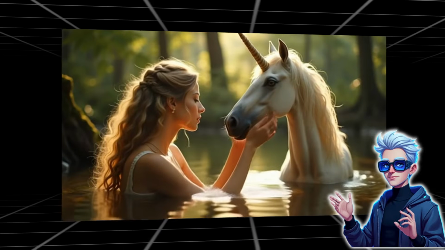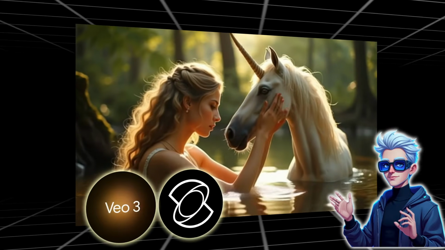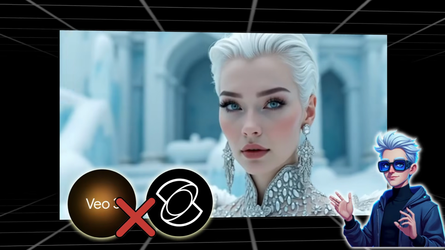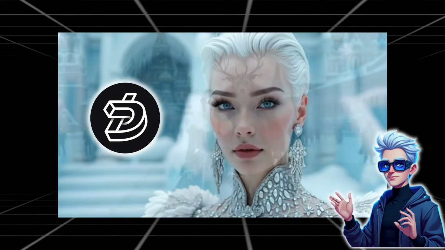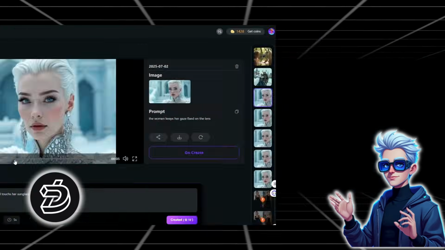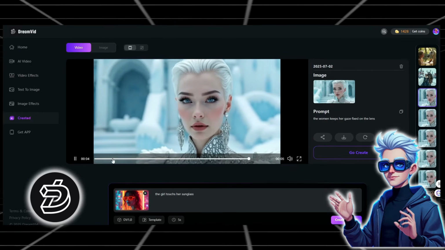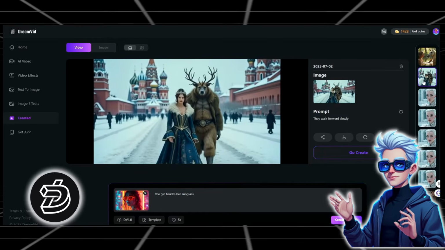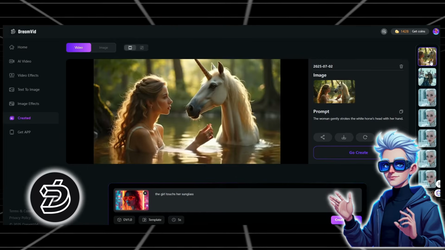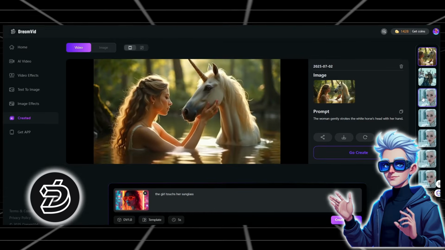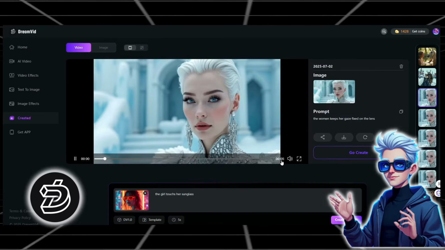These visuals were not generated by VEO3 or Kling AI but by an amazing, completely free tool called DreamVid AI. With just a simple registration, you can generate unlimited images and videos for free. Forget about paid platforms like VEO3 or Kling AI, DreamVid AI offers countless exciting features for free, waiting for you